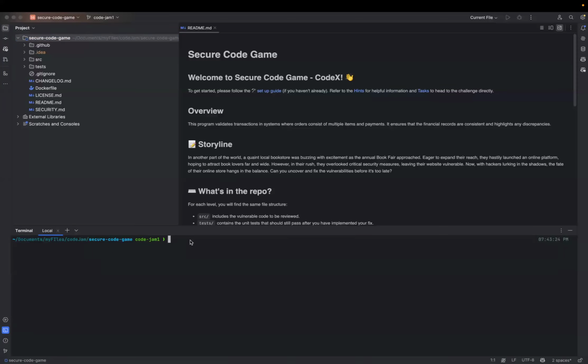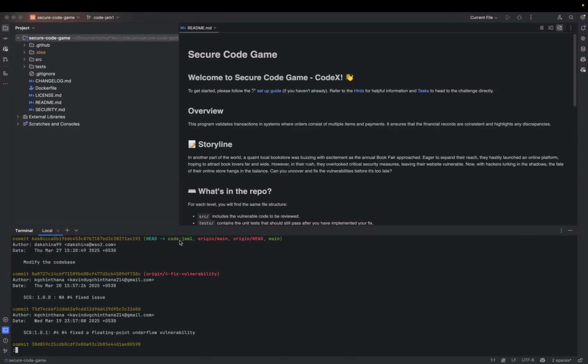I typed the git checkout command on top of the main branch, right? In that sense, we command it to create a new branch from the main branch. So all the things included in the main branch up to that point will be directly copied into this CodeJam branch. Basically, a reference is going to this CodeJam branch. When we hit a git log, you can see CodeJam 1 and main are at the same level.